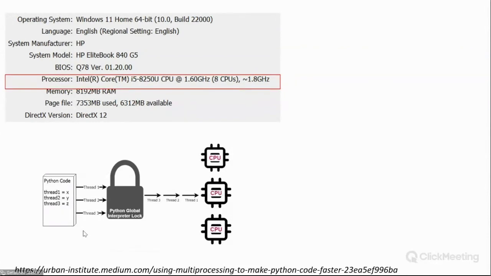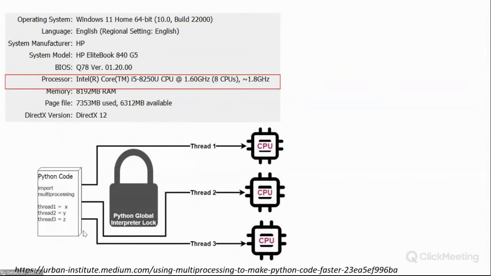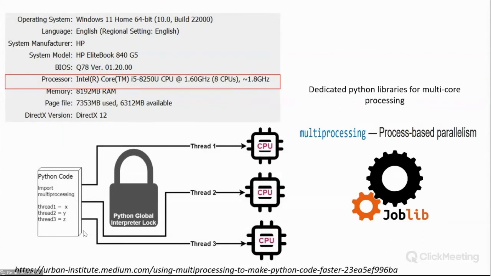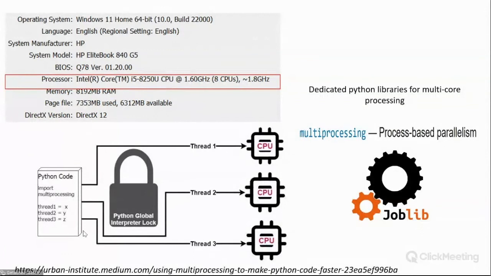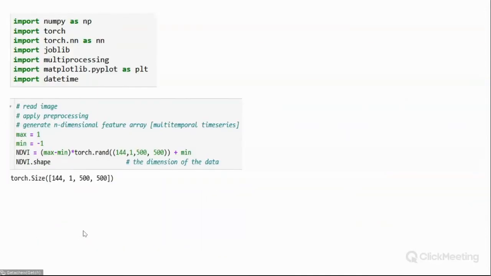To do that, we should come up with how we can bypass the Python global interpreter lock. Nowadays there are specialized Python packages which are very useful for multiprocessing on CPUs. For example, a package called multiprocessing and joblib are on the market now. If you have an interest, you can go through them on the internet. They have ample documentation.